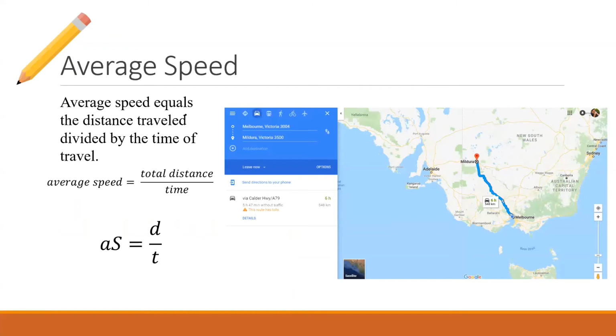This is very, very similar to the example that I did before with the Geelong question. If you take this distance here, this is from Melbourne to Mildura. Melbourne to Mildura is 548 kilometers. So if you take 548 kilometers and you divide that by the time it takes to do that, which is 6 hours, that will give you an average speed, which is 91